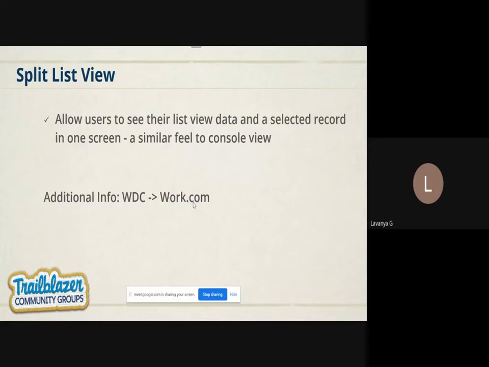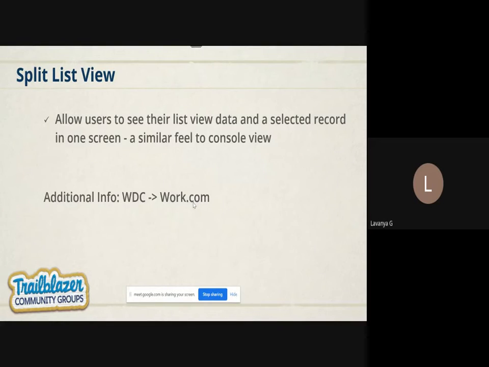Earlier, if you were using this in Classic, you might know, you can go into the Classic setup and check. You can find only WDC, not work.com. So it is completely changed. All the features are available, but all the products, documentation, references, everything will say WDC instead of work.com. So that is what I wanted to let you guys know.